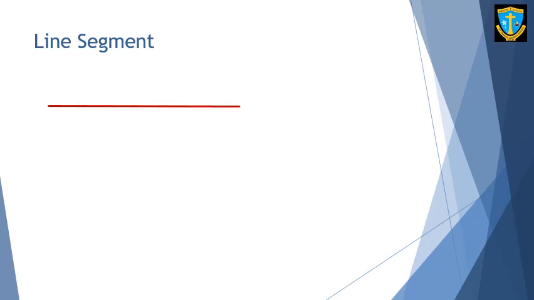Line segment. A line segment is a part of a line, with fixed points placed on both sides. For example, if we have a line segment of 7 cm or 9.5 cm. The 2 points on either side of the line segment, like for example, this is line segment AB, or we can also write it as BA. But when we denote a line segment, we have to put a line on top of the alphabets, denoting that this is a line segment which has fixed points.